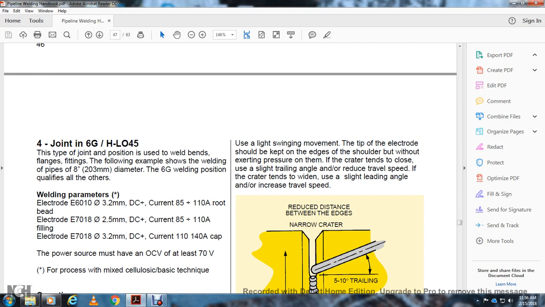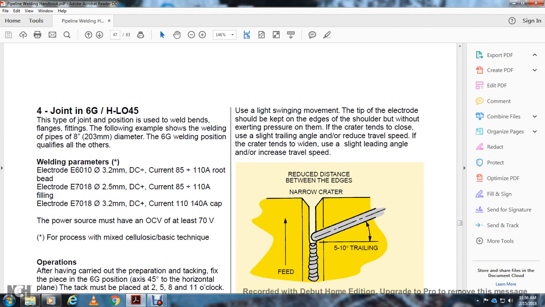Alright, 4G, joint with the 6G, with the HL045, with the type of joint position using a weld flange fitting, for example, to show the welding of pipes 8 inches in diameter. The 6G welding position qualifies for all others. Welding parameters: E6010 electrodes 3.2 millimeters, direct current positive, 85 to 110 amps. The E7018 electrode 2.5 millimeters, direct current positive, 85 to 110 amps. The E7018 electrode 3.2 millimeters, direct current positive,